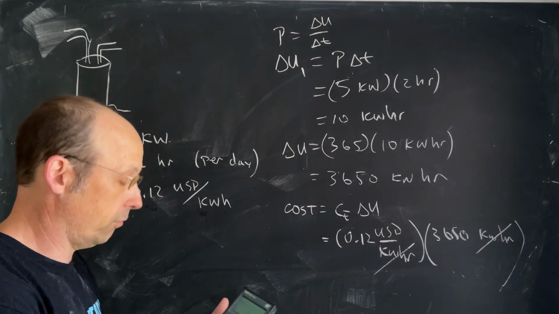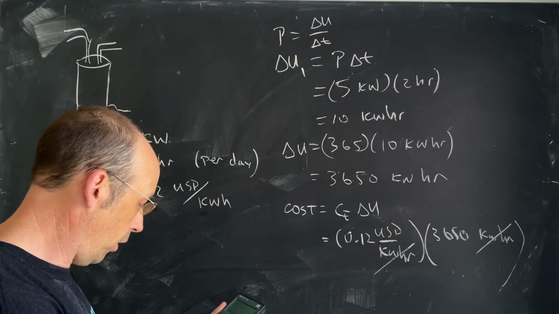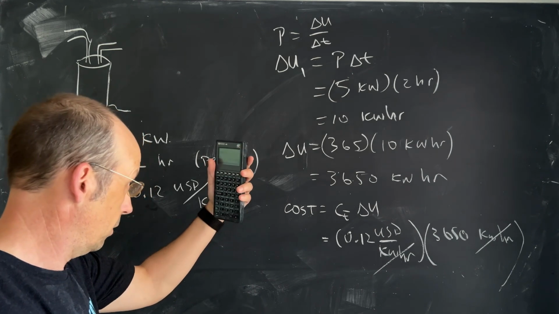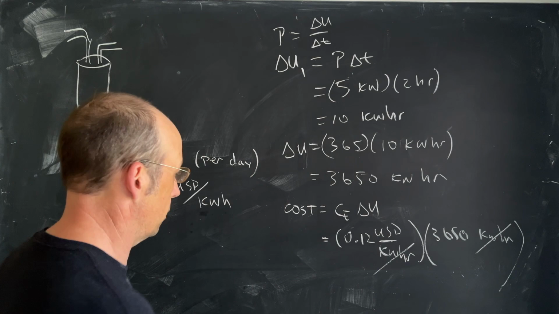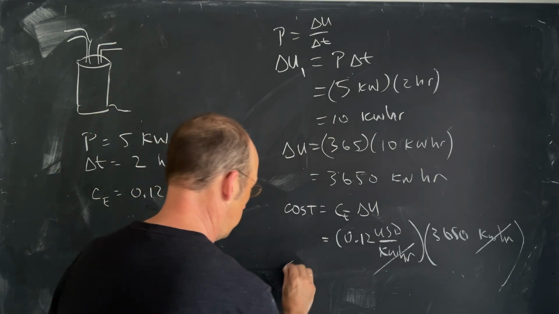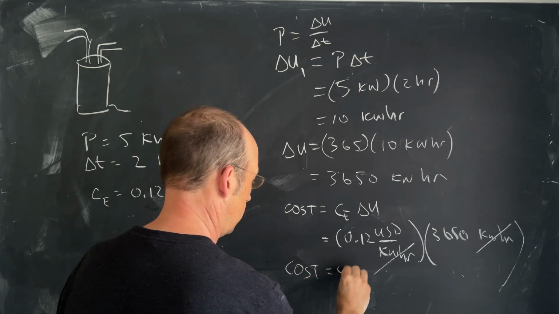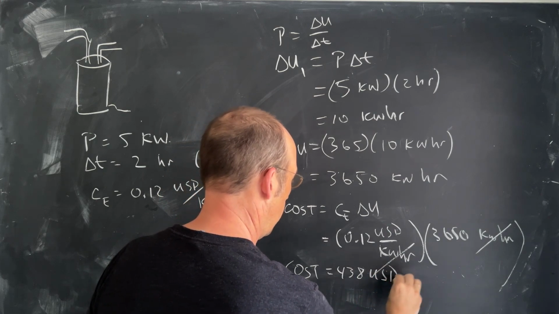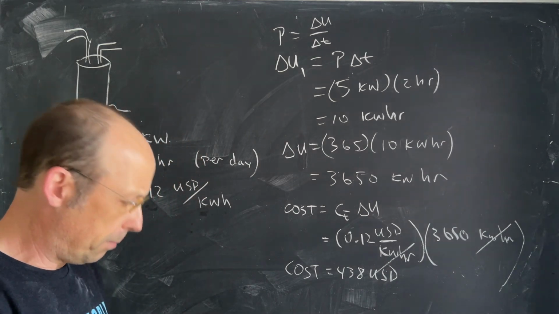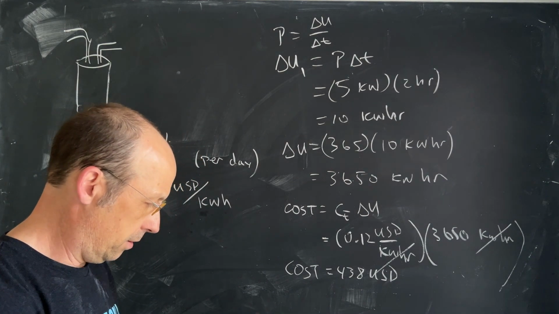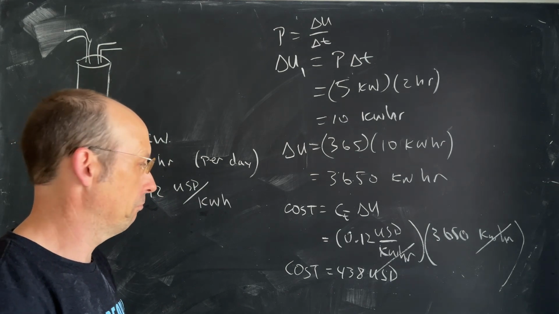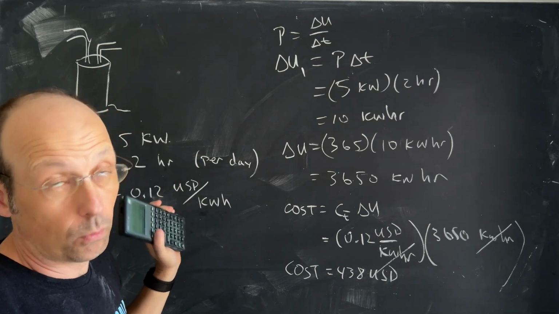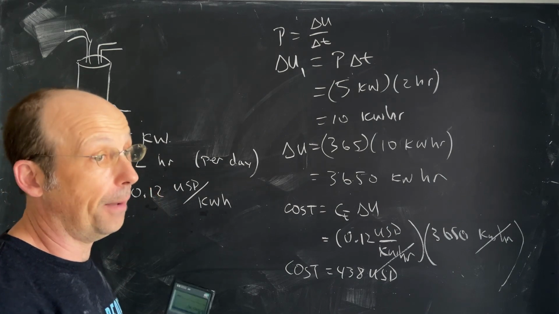Now I am going to put this on my calculator because I don't want to do something dumb. 0.12, enter. 3,650 times. Oh, wow. $438 US dollars. Let's just see how much you're paying per month. $36 a month. I mean, if that's the correct power for an electric water heater, and the time that you would use it per day,